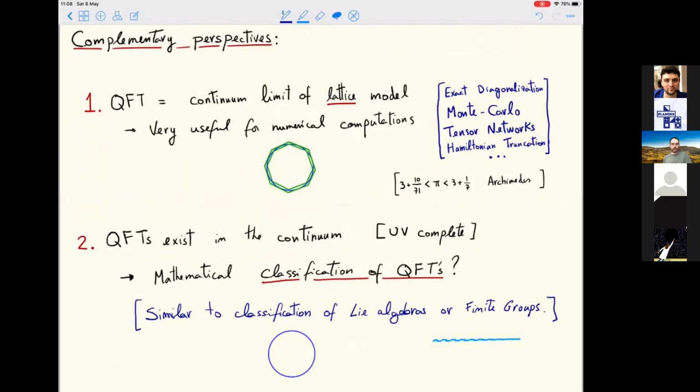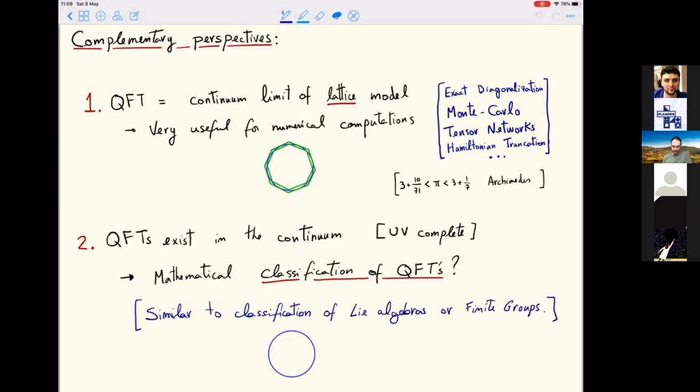So we saw two complementary perspectives on quantum field theory. One was to take the continuum limit of lattice models. This is extremely useful, and it's non-perturbative. It's actually a definition that you can work with at finite lambda. We saw in practice how Hamiltonian truncation, which I include here because truncating the number of states is more or less equivalent to making a lattice, okay? Truncating in energy is equivalent to truncating in distances. You don't allow very high energies, which means you don't allow very short distances. So it's the same type of